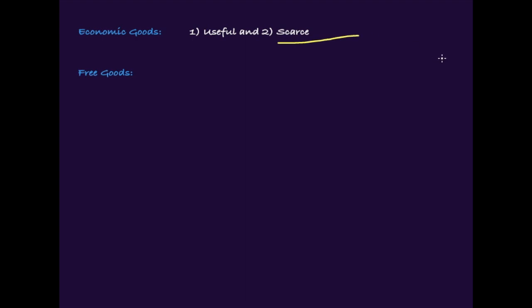However, if a good does not have an economic value or it is in abundance, then that is considered to be a non-economic good or free good. Free goods cannot be priced and traded because people would find them either useless or they are in so much abundance that there is no need for conscious effort to obtain them. We will now look at an example.